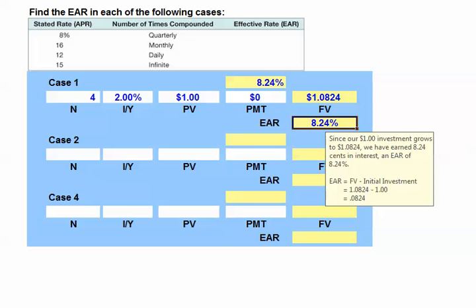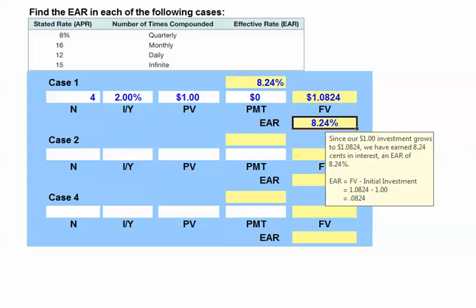1.0824. This means our $1 initial investment grew to 1.0824, or we have earned 8.24 cents in interest, which translates to an EAR of 8.24%. Notice, in both cases, the EAR is simply equal to the future value of 1.0824 minus $1, which would